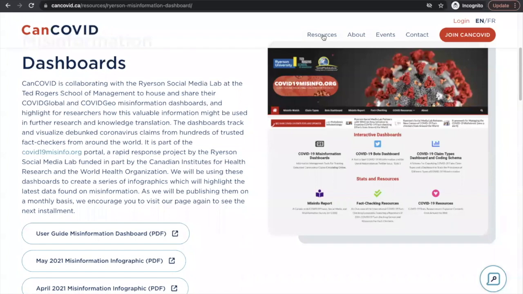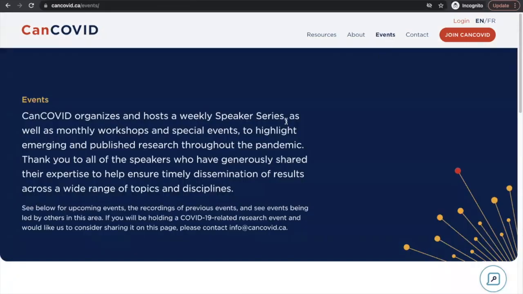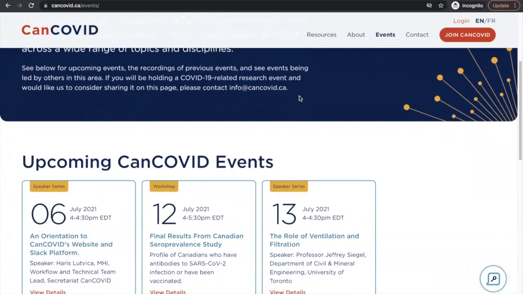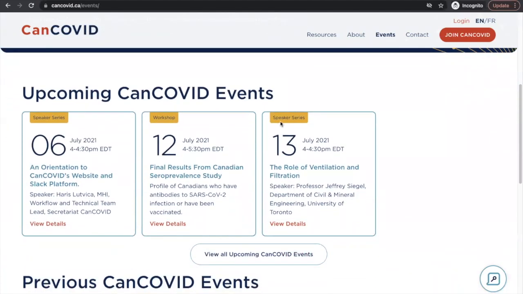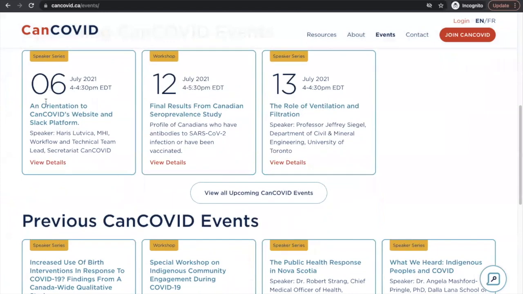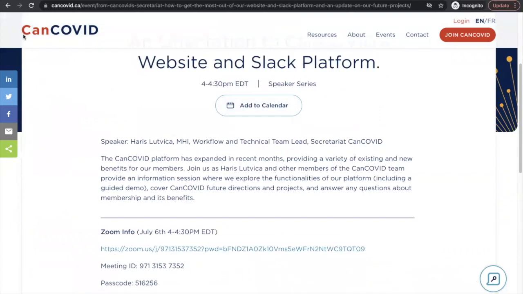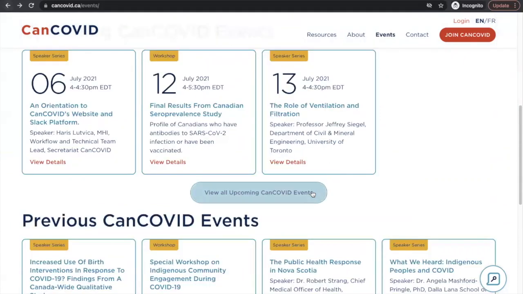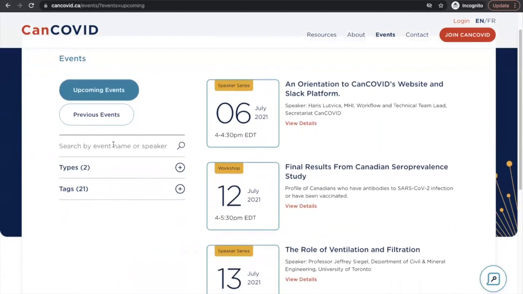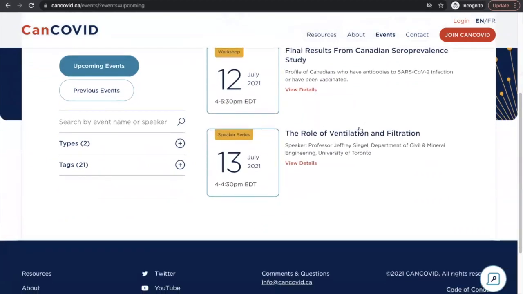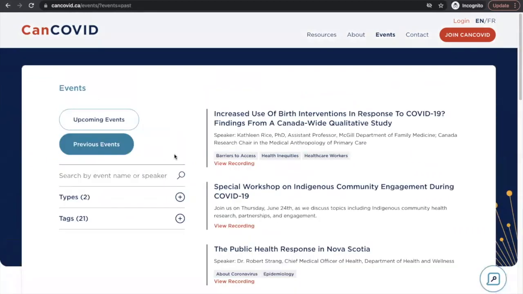Now, going back, or I guess we finished up on resources, moving to events. This is similarly organized to our dynamic library, where you can actually search through all the events upcoming and previous. So this is actually our time slot right now. You'd be able to add to calendar, add to Zoom, whatever you need. But you could also search through the upcoming events too, either by speaker name, event name, or specific tagging. At this point, we only have 3 upcoming events. This functionality is much more powerful though for our previous events, where we have over 60 index speaker series and